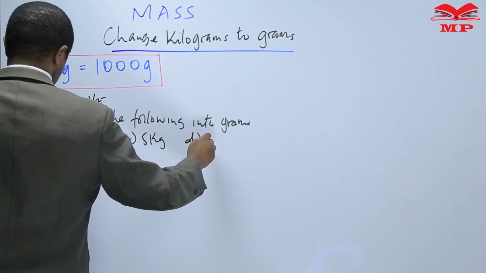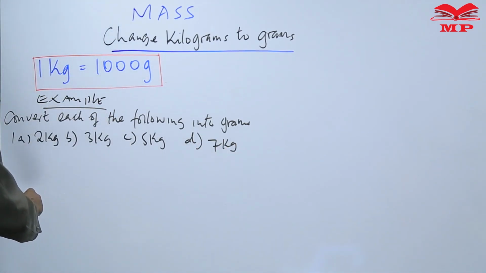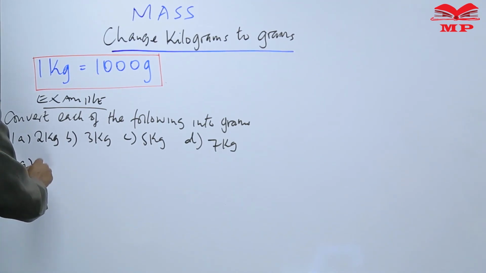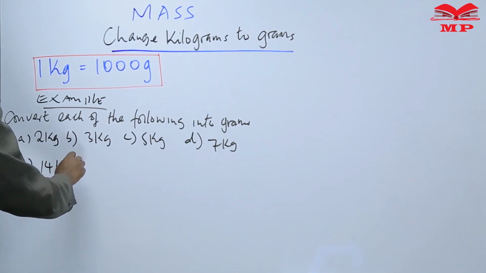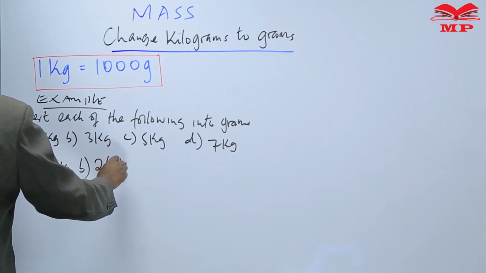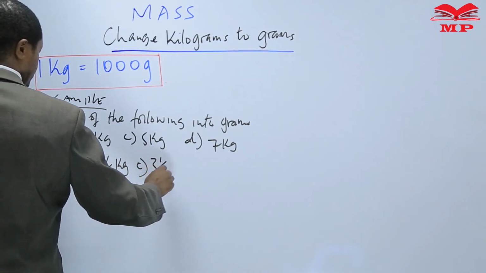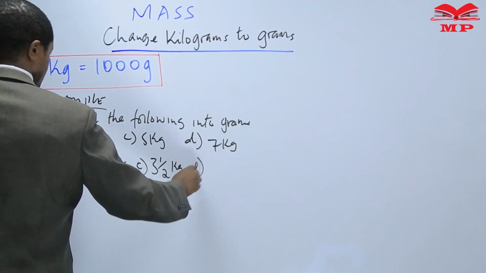D, 7 kilograms. Then I have 2A, 14 kilograms. B, 2.5 kilograms. C, 3.5 kilograms. D,